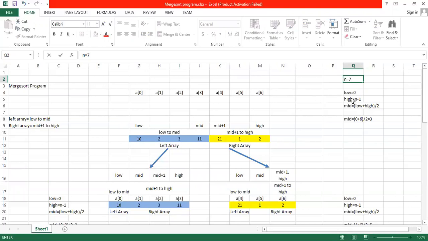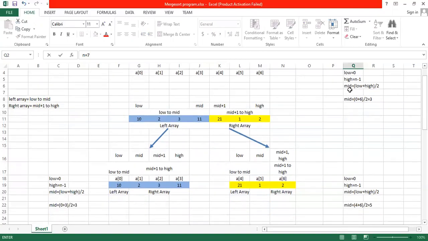High is n minus 1, so substituting 7, 7 minus 1 is 6. So the array goes from subscript 0 to subscript 6.